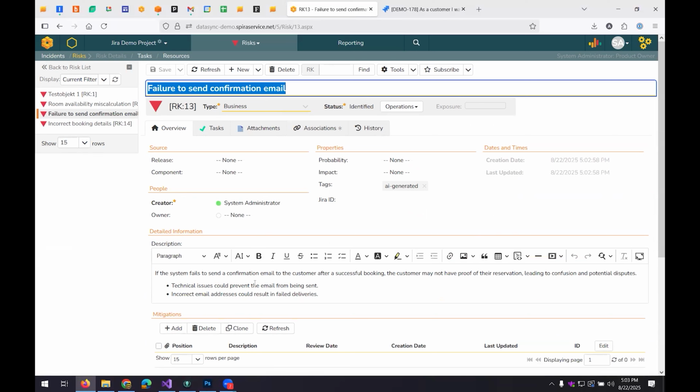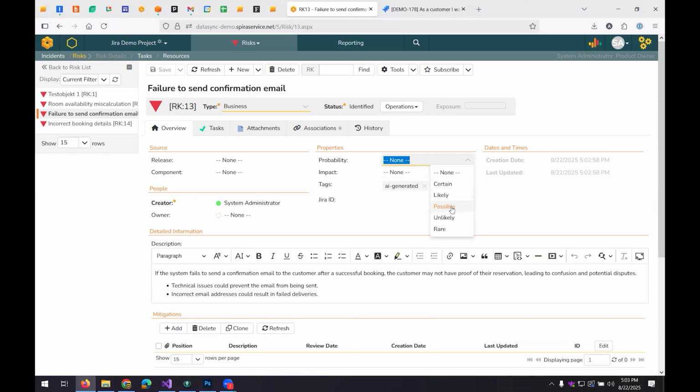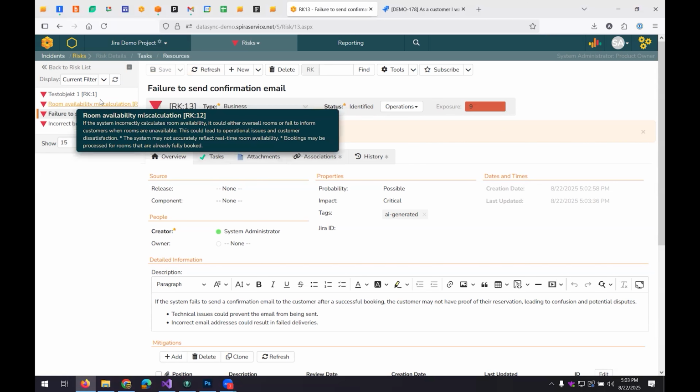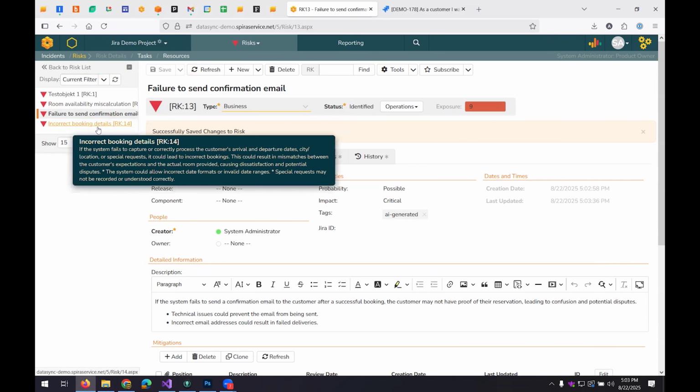And now we can, as a human, go in here and rate that risk. So what's the likelihood of this happening? Emails are often tricky, so I would say it's possible. The impact, it's not critical because they are getting a visual message confirmation, but on the other hand, they will navigate away and lose that. So it is useful to have that for people so they don't call customer support. So I would say it's critical, but maybe not catastrophic. Hit save. We're now giving it an exposure score,